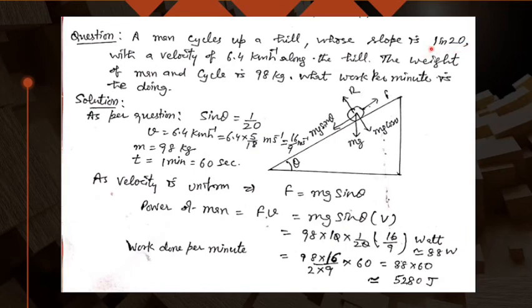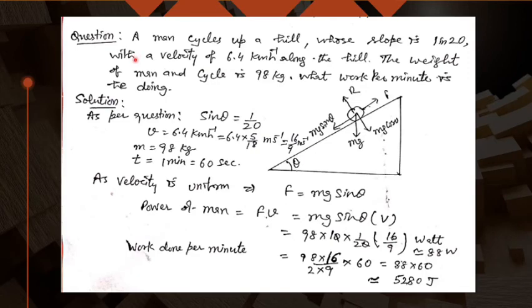One reason is this also, because when in a question you are told that the slope is 1 in 20, you have to remember, this is giving you the sine of theta. If I write 1 in 5, it means sine theta is 1 upon 5. Here in the question they are saying 1 in 20, it means sine theta is 1 upon 20. So this is a standard saying. So you should be able to understand this line. When I am saying slope is 1 in 20, it means sine theta is 1 upon 20.